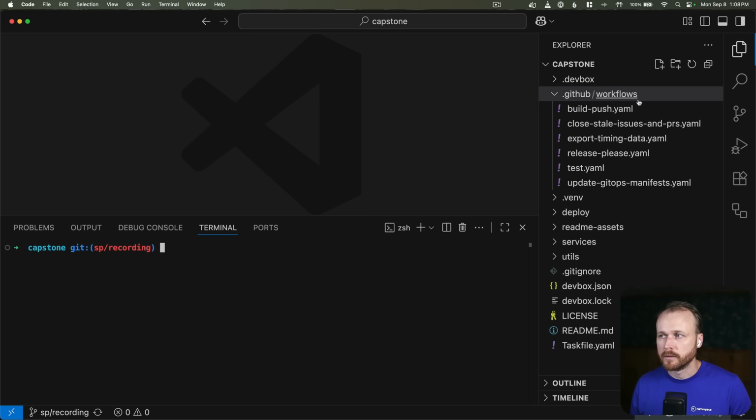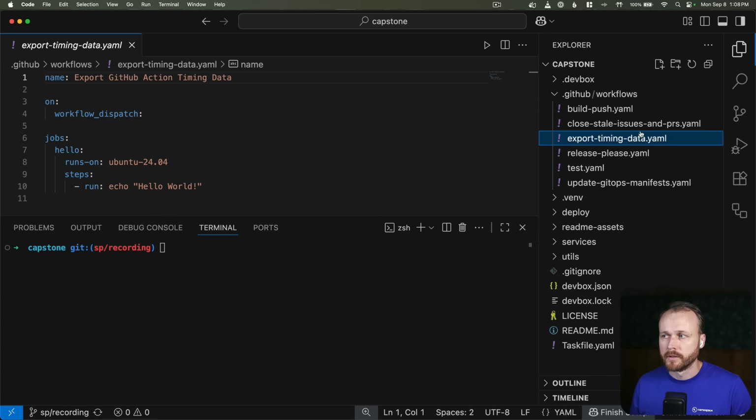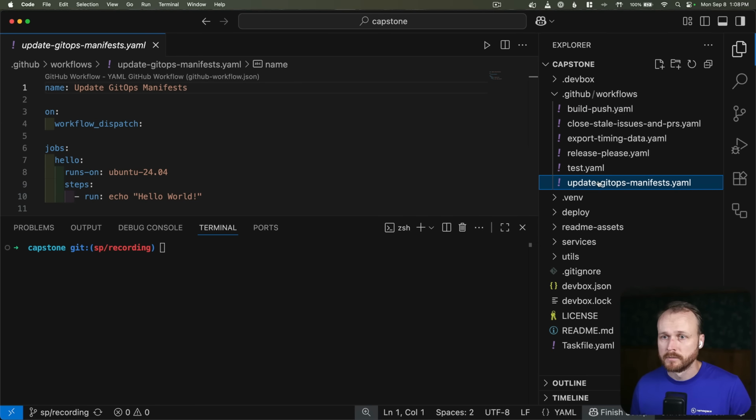Looking within the repo, you can see I have YAML files for each of these, but they currently have no logic and are just a hello world for each of them. Over the next hour or so, we'll be building out these workflows, referring back to everything we've learned from the course to end up with a robust DevOps system ready for a team who is working on a code base like this to utilize. Let's quickly take a look at the application just to familiarize you with all the different